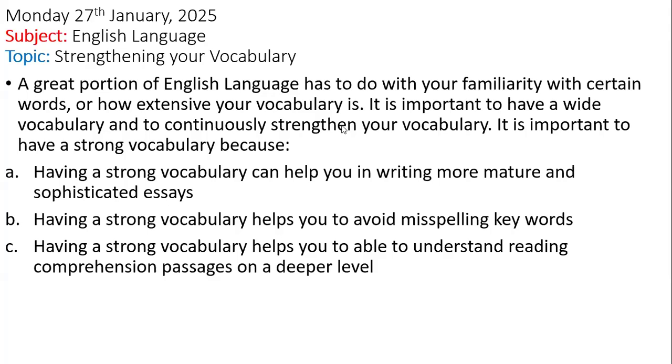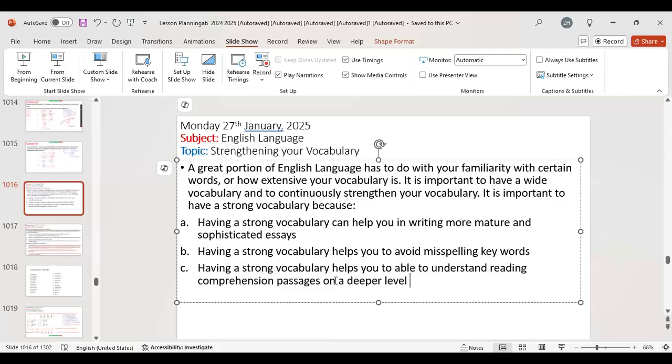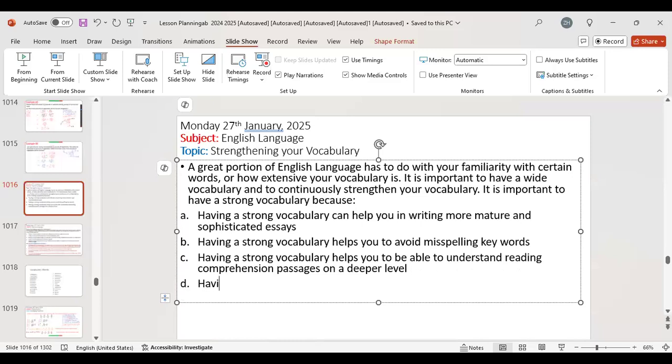Yeah, it does. You're missing out the B. Next to it: able. It helps you to understand reading comprehension, helps you to be able to understand. Good. Now D, having a strong vocabulary